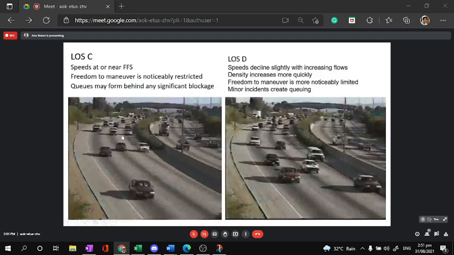Now, level of service C, usually near the limit of your free flow speed. So, the speed here is almost regulated because you encounter vehicles that move from one lane to the next, and therefore you have to be very careful with your speed. Sometimes also